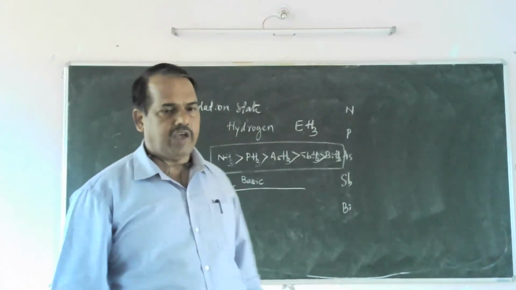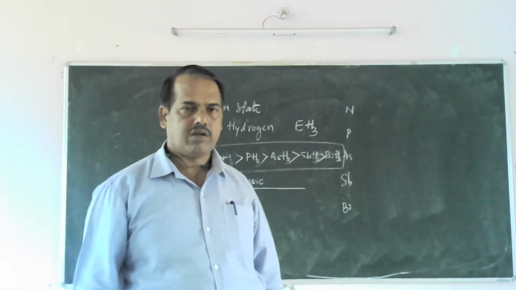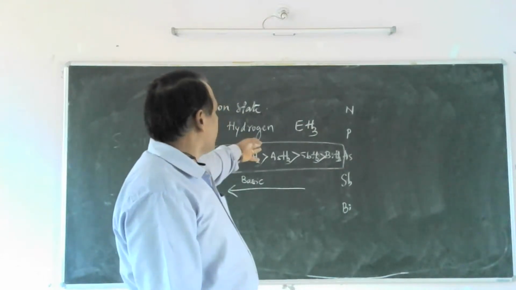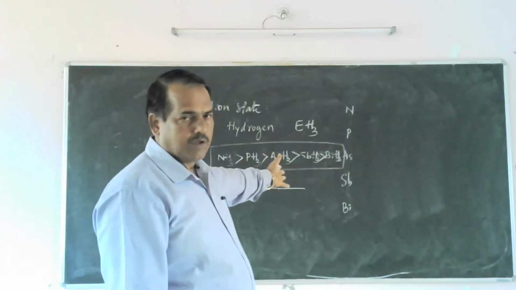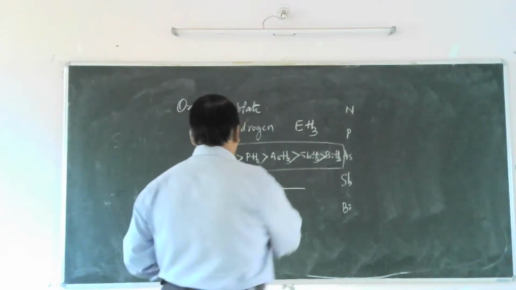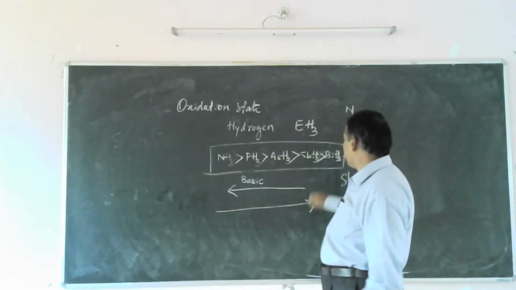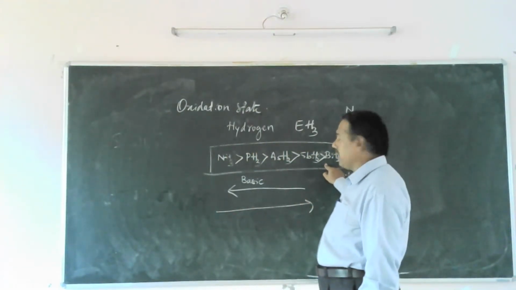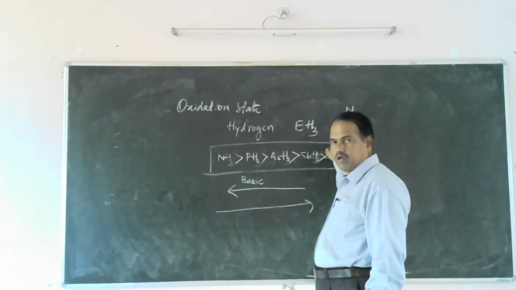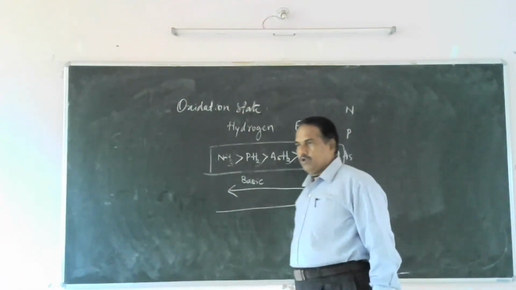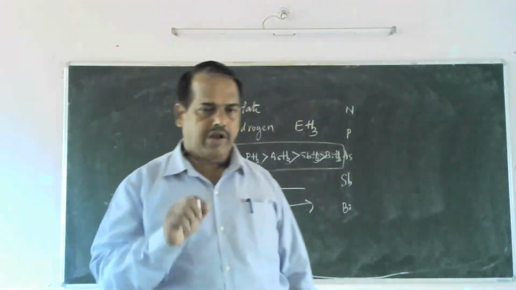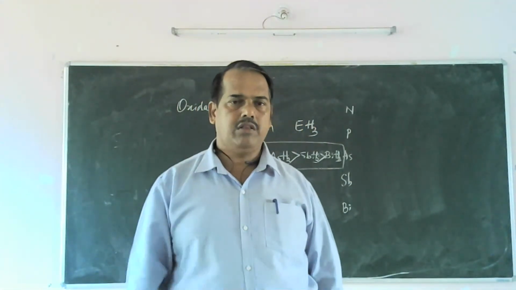If you go for reducing agent, reducing nature, which is a material that can easily oxidize. So bismuth hydride is highly reducing agent because it can easily oxidize. So the reducing nature is in the reverse order. Are you clear? Okay. So we have to compare these hydrides regarding their acidic strength,